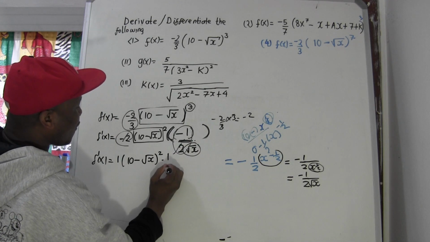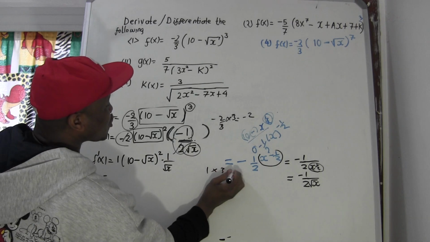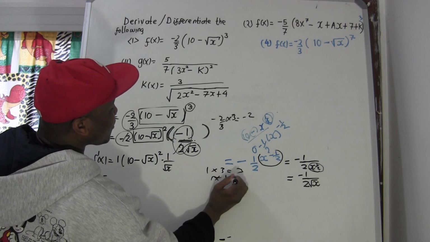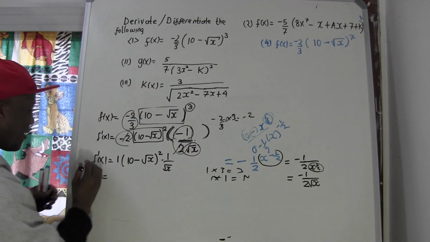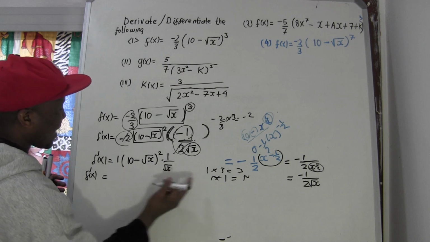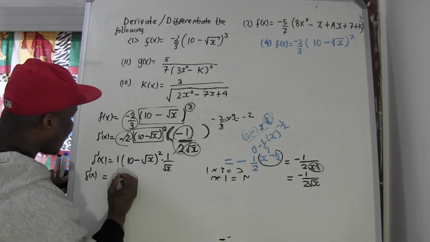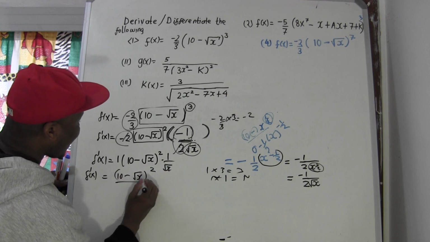So it's like 1 over square root of x. You can say this is equal to 1 times anything: 1 times 3 equal to 3, 1 times now River Soldier equal to now River Soldier. Yes. Now this is going to be f prime. 1 times anything is just 1, so I don't have to write that. So I can write this exactly: 10 minus square root of x, and then this is squared, and then you write under square root